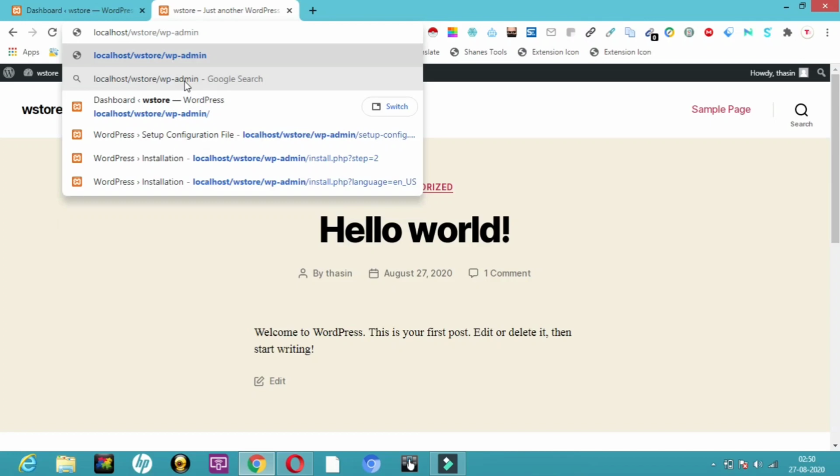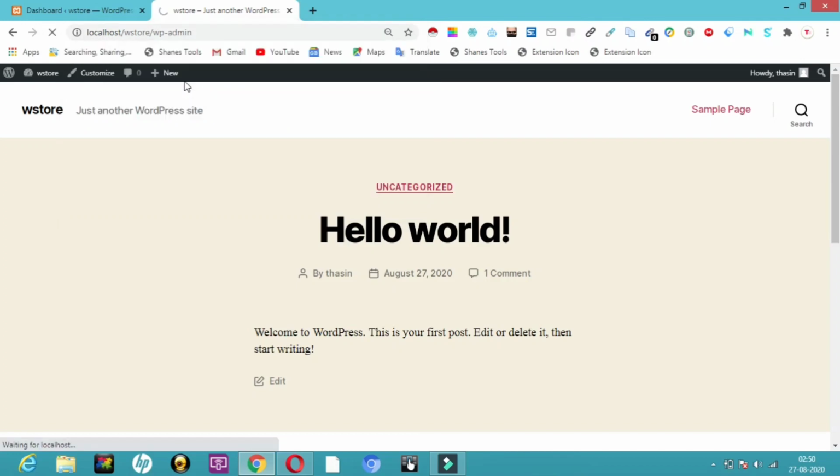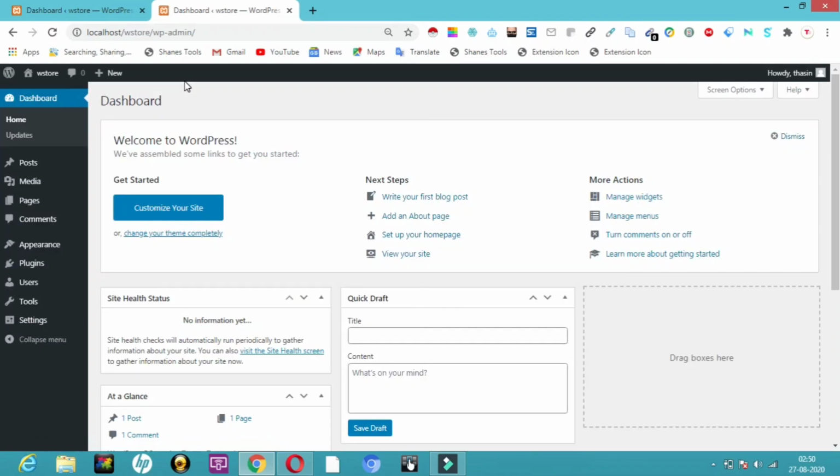Once I click enter, this dashboard will open for you. Hope you are all clear about this. If you want to look at your website, type localhost slash your website name. If you want to get into the dashboard, type localhost slash your website name slash wp-admin.